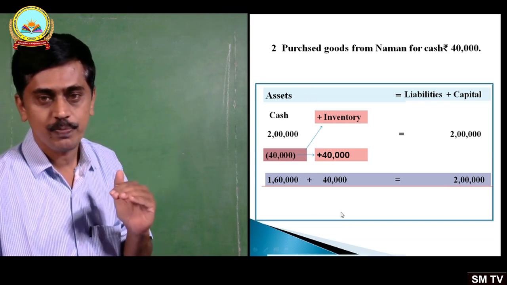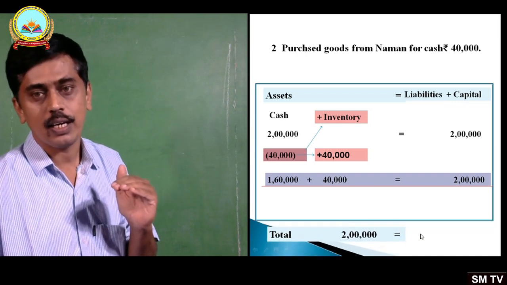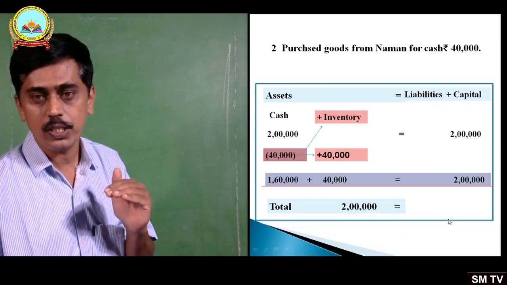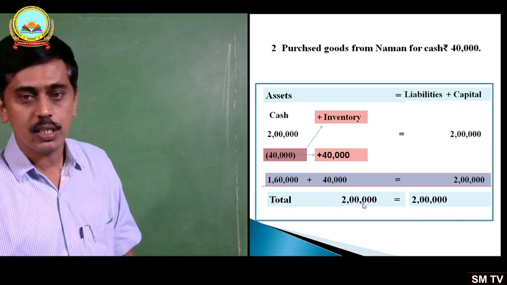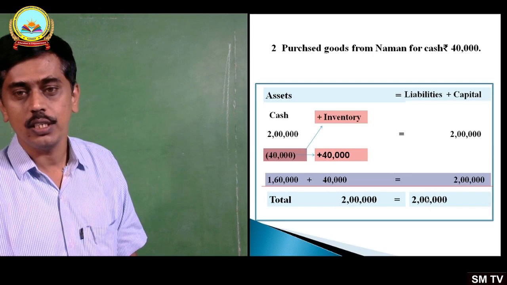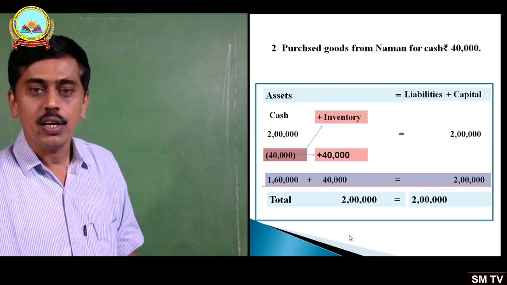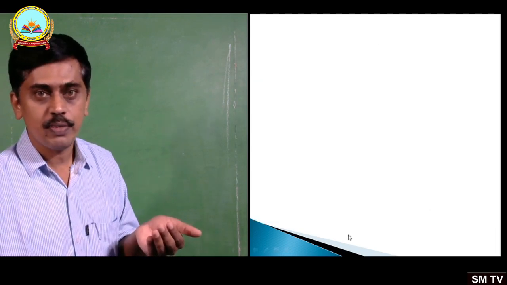Assets equals rupees 2 lakh and liabilities equals rupees 2 lakh, isn't it? 1,60,000 plus 40,000 comes to 2 lakhs. Here no change, 2 lakhs, isn't it? Let me go to the next transaction, that is